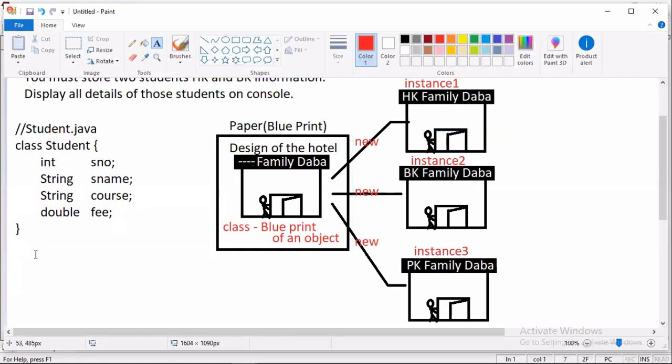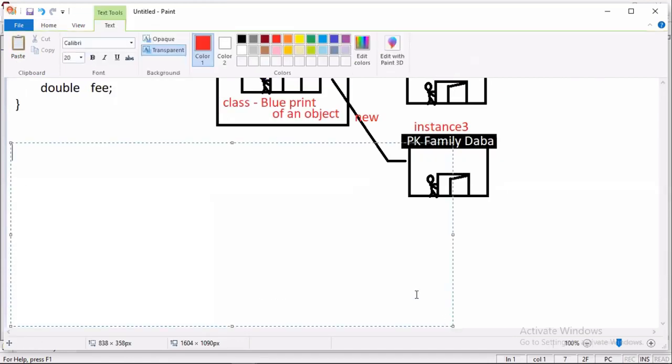So tell me, what are the definitions as per object-oriented programming you must learn? First, you should know what is an object. Second, what is a class. Third, what is an instance.